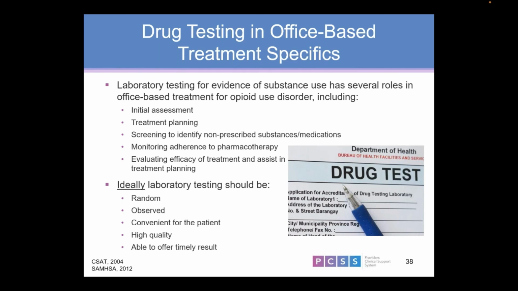Now, these are either done randomly or at the point that they come into program. I typically will always get drug screens when patients come to see me. I typically am doing them once a week. That is radioimmunoassay testing, point of care testing, to see what they might be using or not using,